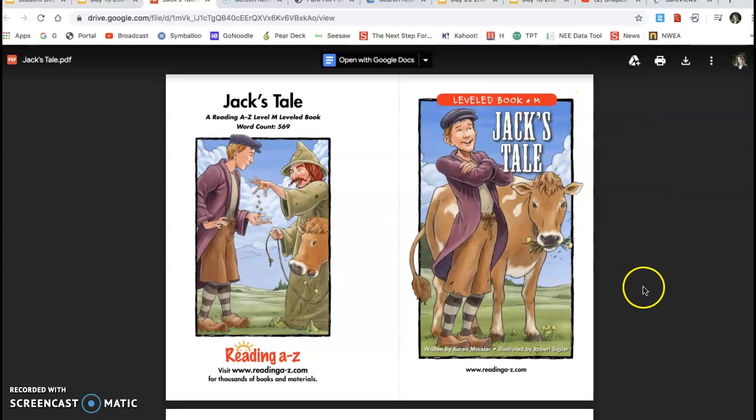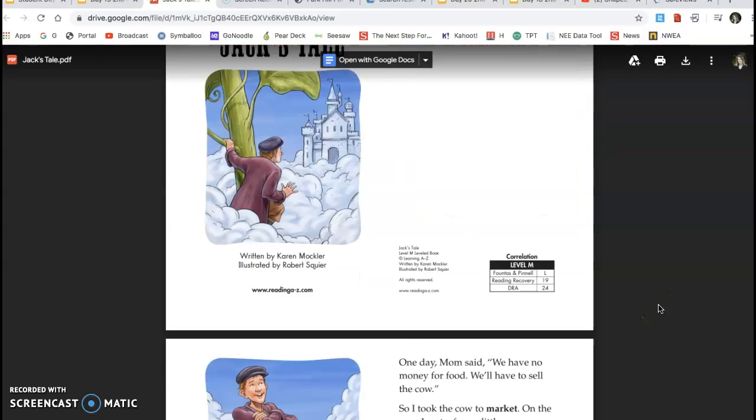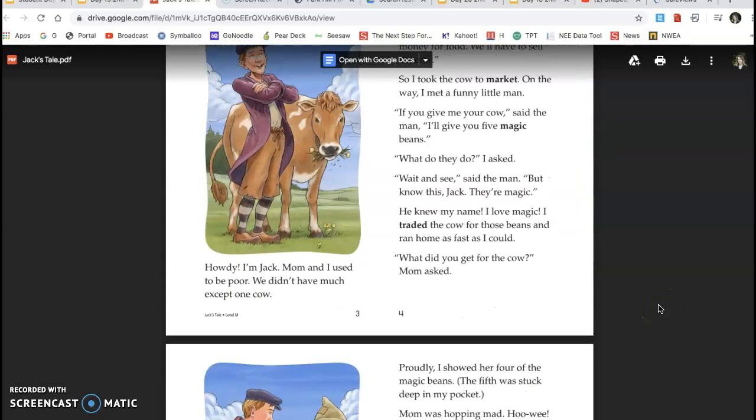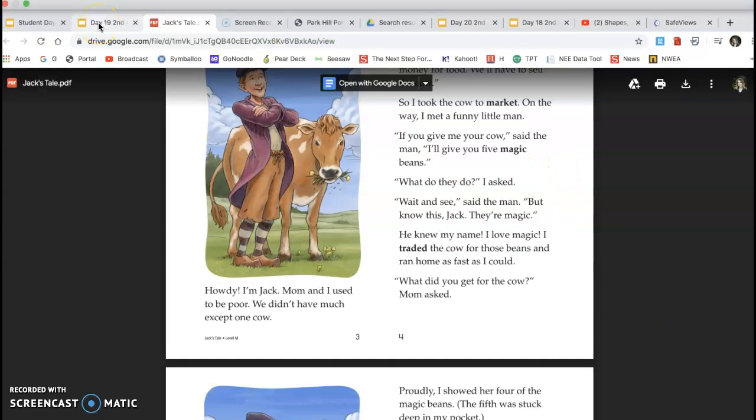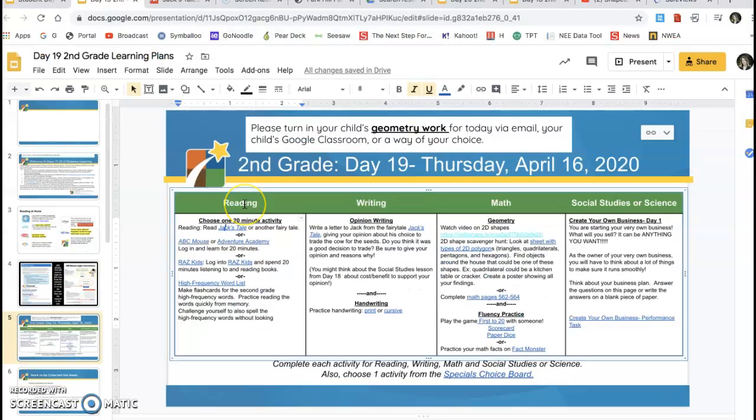But if you know your child struggles a little bit with reading on-level text, you might want to read through it with them. You could take turns, work through tricky words, and have them read everything else. But make sure your child gets through that text today. When they're finished, they can get on ABC Mouse or do Raz Kids or do the high frequency word list or read a book of their choice.